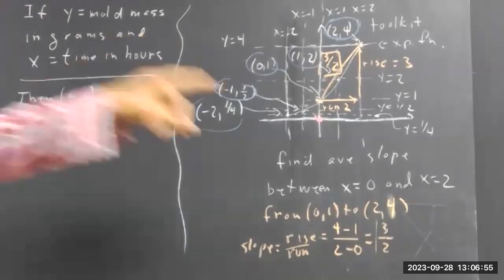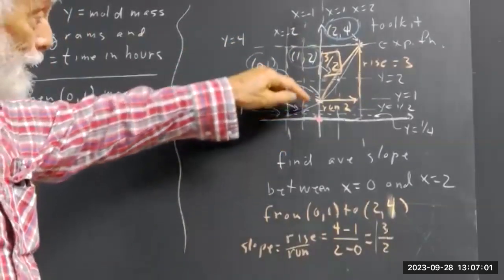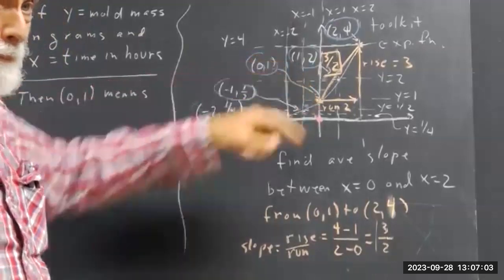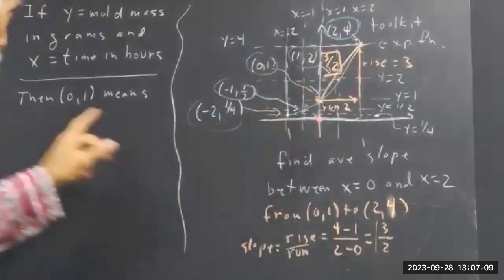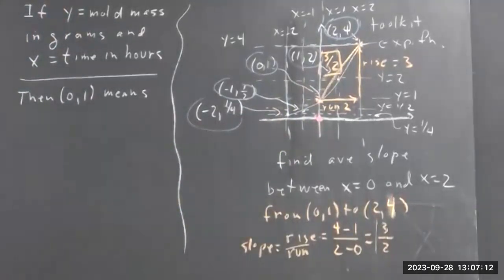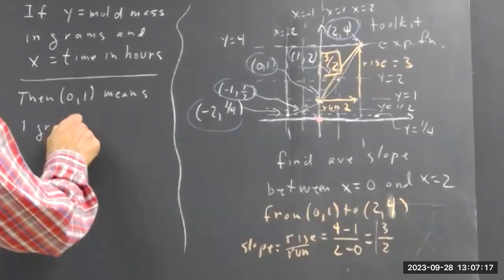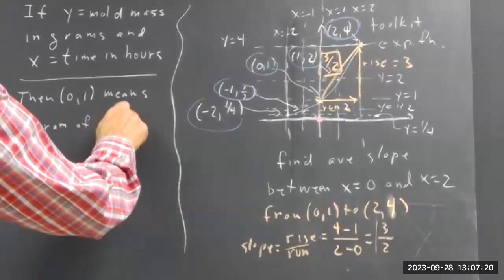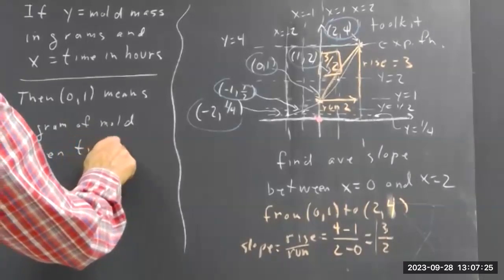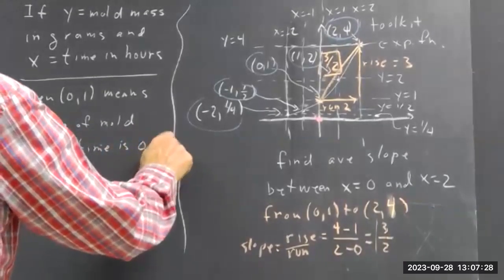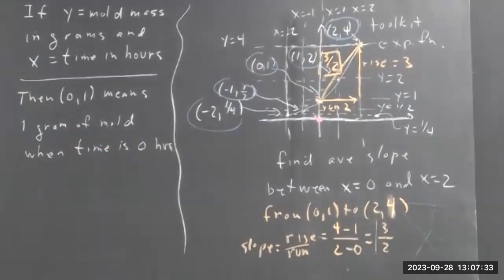Now, as I said, the mold's been growing for at least a while, okay? And at this point, that's where we start our clock. So our clock starts at 0 here. Okay, (0, 1) means 1 gram of mold when the time is 0 hours. Okay,